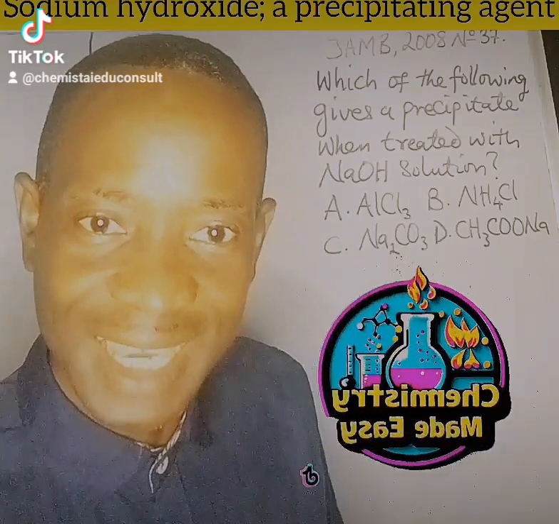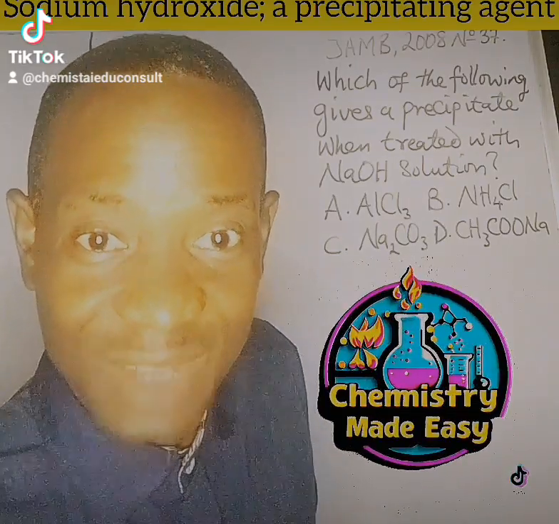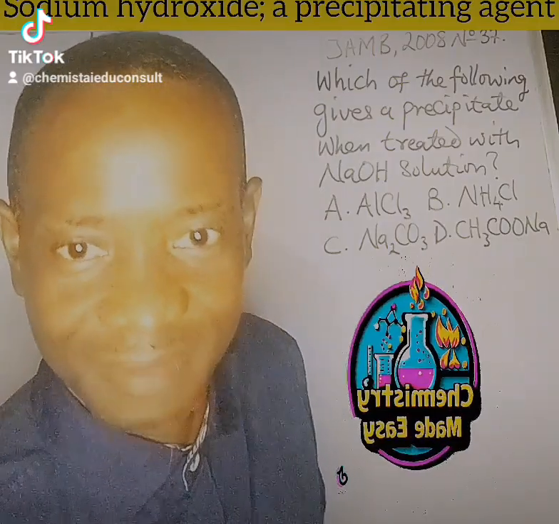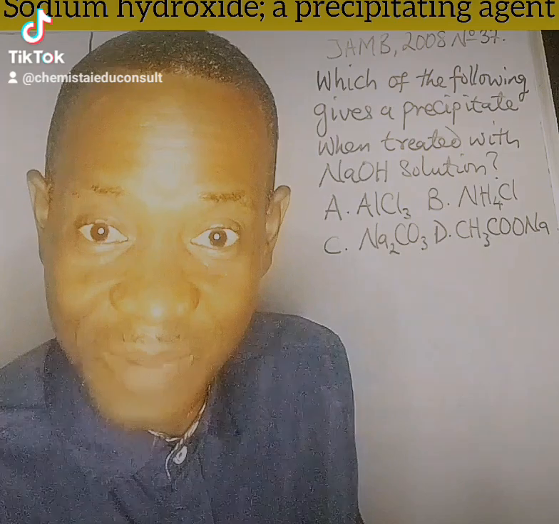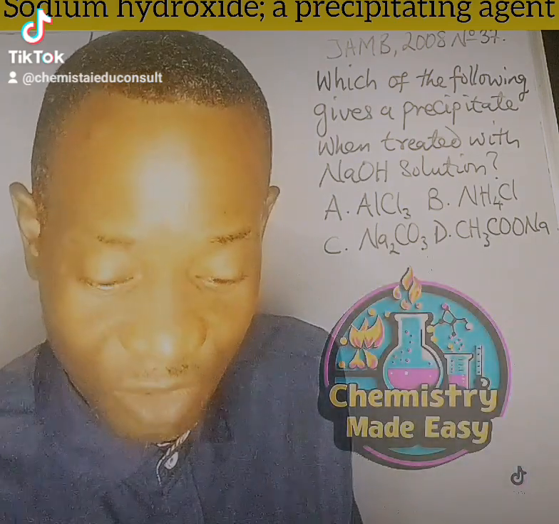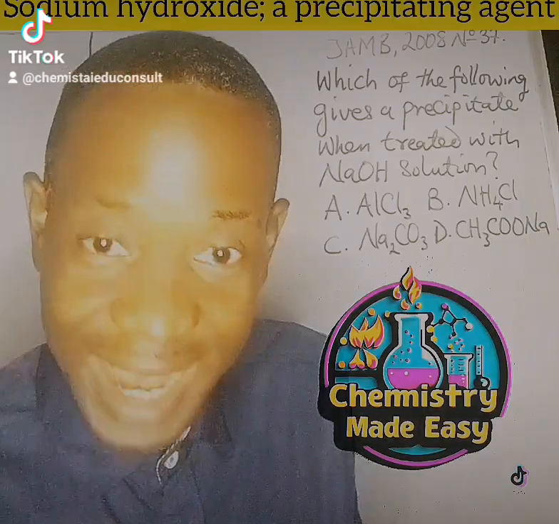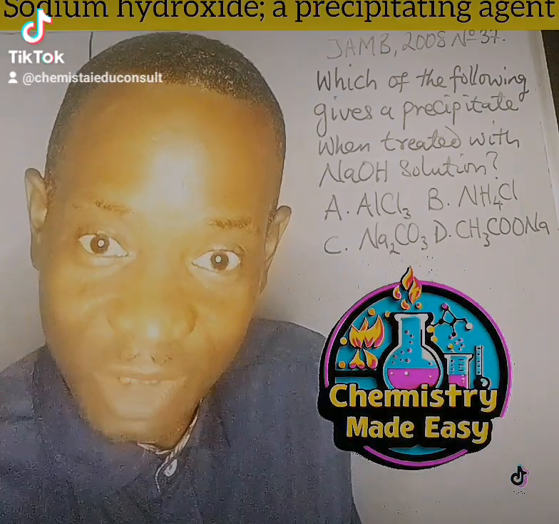Which of the following gives a precipitate when treated with sodium hydroxide solution? A precipitate is simply an insoluble compound formed from an aqueous mixture when a reagent is added to a salt